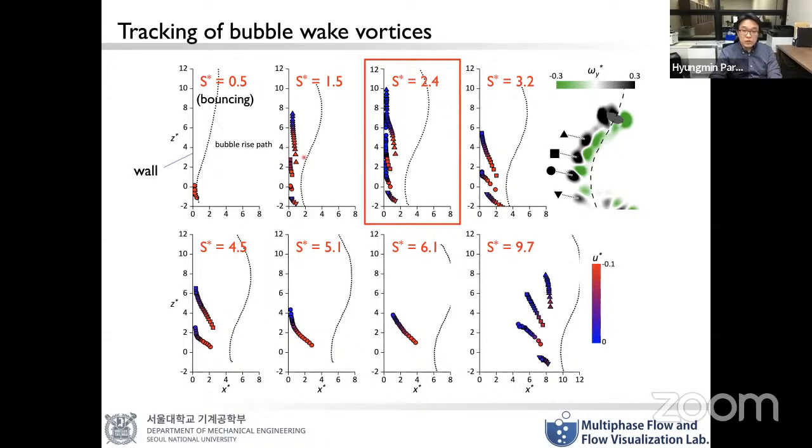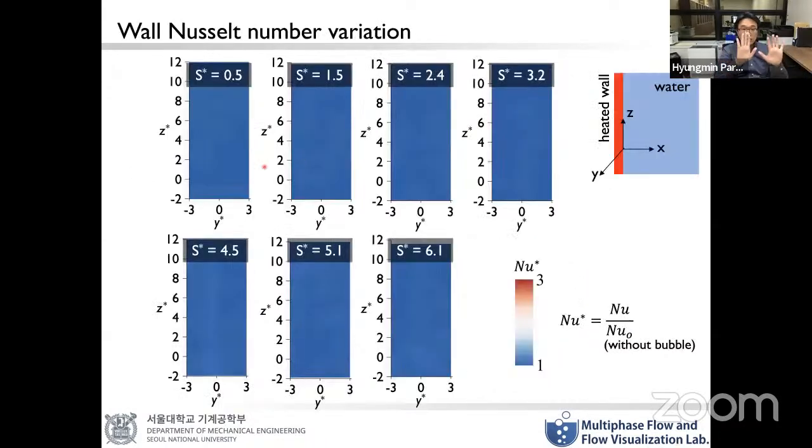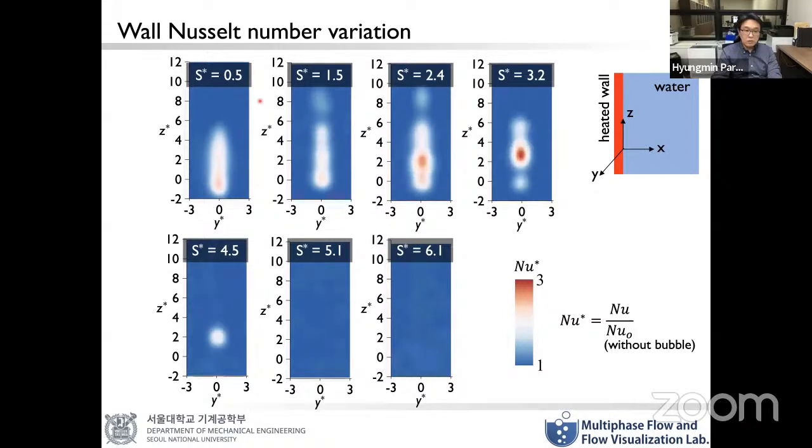With this in mind, we are looking at the YZ plane of the heated wall. We are looking at the heated wall itself, and here I'm going to play movies which show the temporal variation of the Nusselt number. When you see the red colors, it means you have a heat transfer enhancement. That means that part is cooled down by the bubble-induced flow. This is 0.5, which is the smallest distance between bubble and wall, and then you see 1.5, 2.4, 3.2, and this is 4.5, 5, and